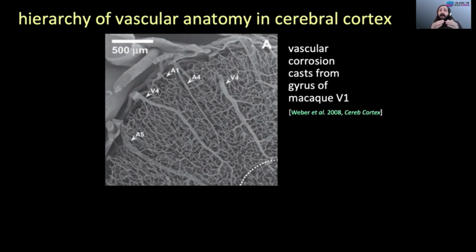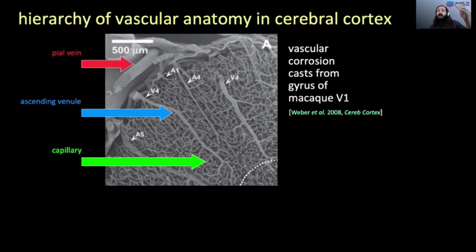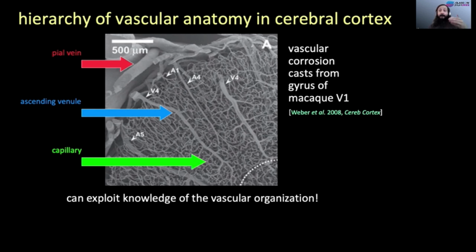So the starting point here is that there is a hierarchy of vascular anatomy in the cerebral cortex, which can be appreciated from these microscopy data from monkey V1. So on the surface of the cortex, we have these large pial veins that drain deoxygenated blood from large cortical domains, and then the ascending venules that run perpendicularly across the cortical layers, and here in the parenchyma, the seemingly randomly oriented capillary bed. So the idea is that as our fMRI voxels become smaller, we can exploit this vascular organization and, for example, sample exclusively from voxels at the capillary bed where the coupling between the hemodynamics and the neural activity is tightest,